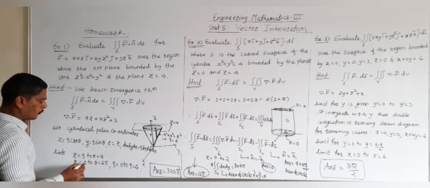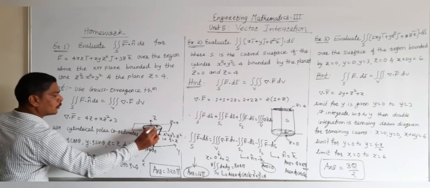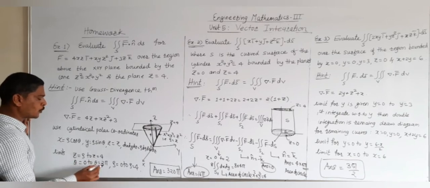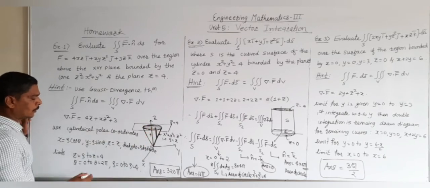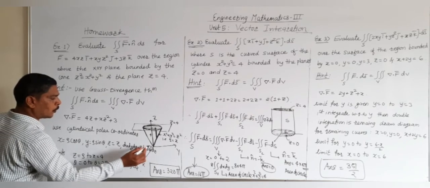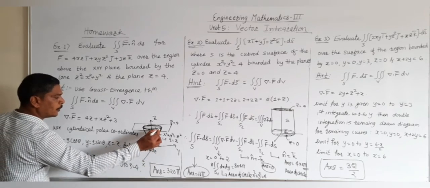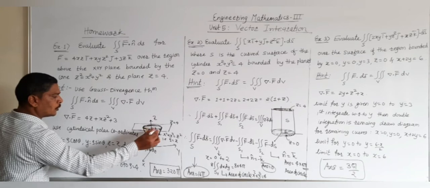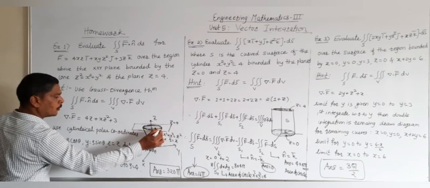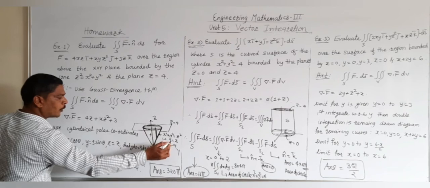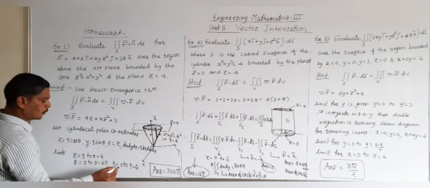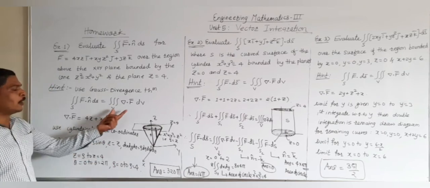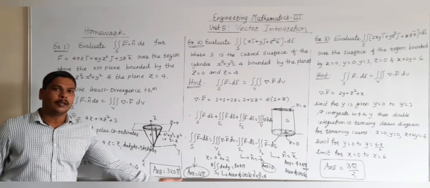Now, the limit for theta becomes this circular motion of our theta. So theta varies from 0 to 2 pi. It covers the whole circle, and rho varies from this point to this point in our region. Here the value of rho is 0, and at the top, which is on the surface of z is equal to 4, the value of rho is 4, because rho is z and z is 4 on the top. So that's why the limit for rho becomes 0 to 4. Use these limits and this substitution in our volume integral. We get the answer 320 pi.